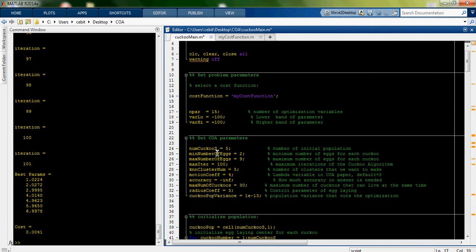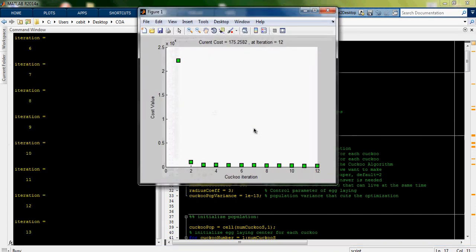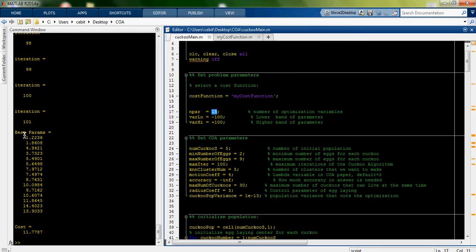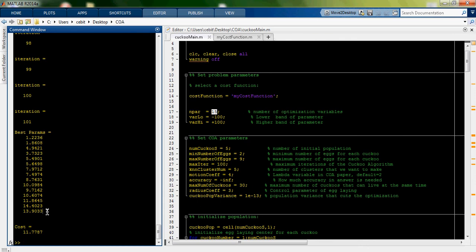Let's run this code for 15 parameters and see what happens. If it's bad, we can play with parameters to get better results. Okay, now look at this cost value. It's 11.7. It means that some of these values here are not ideal. Okay,